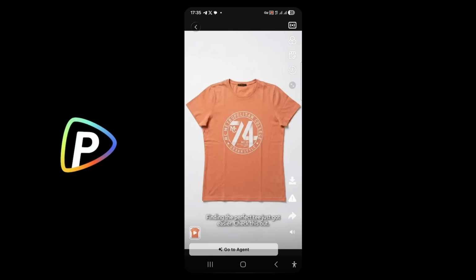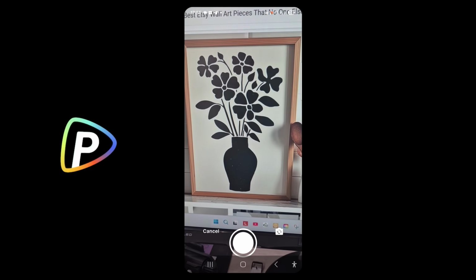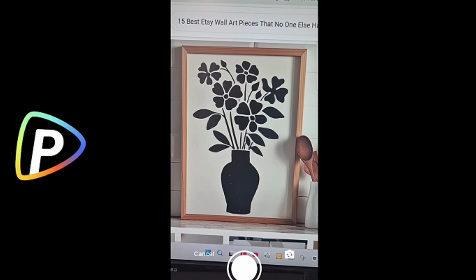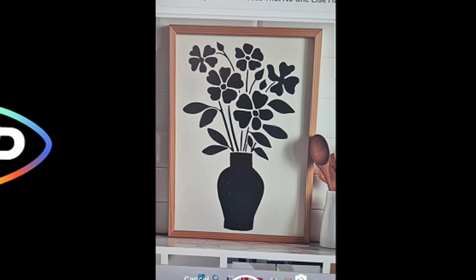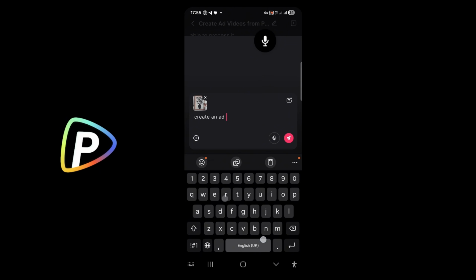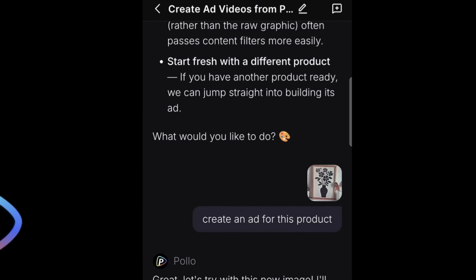This very realistic ad video just with a very simple prompt. Now for the next example, I'm going to add an image of a framed wall art piece that I'm going to sell on Etsy. So this is a live image of the frame. Actually, it's taken from my monitor, a product that was on Etsy that I like, and I added the image to the prompt box. And again, a very simple prompt, create an ad for this product, and Pollo AI agent,